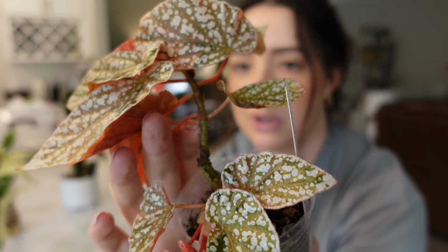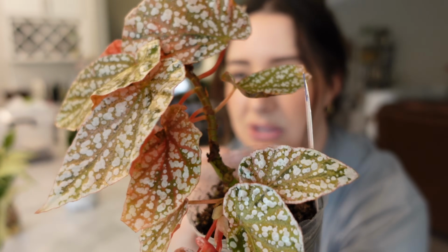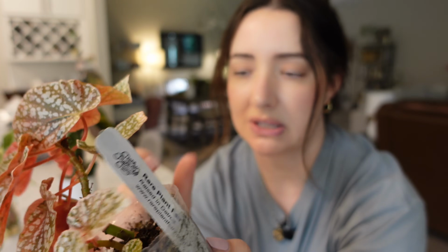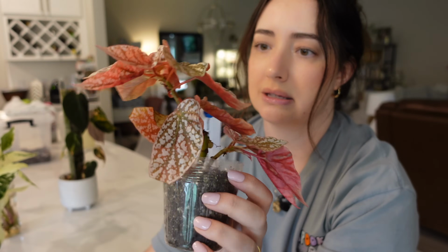So now for this, I'm gonna make sure I have nodes to propagate. It looks like I have a bunch of individual nodes here. Do you see that stem all along there? And I hate to cut all the leaves away, but I don't want this bare stem. And I think I'm gonna leave this guy here alone since it's growing in some really pretty leaves. So I think what I'm gonna do is,